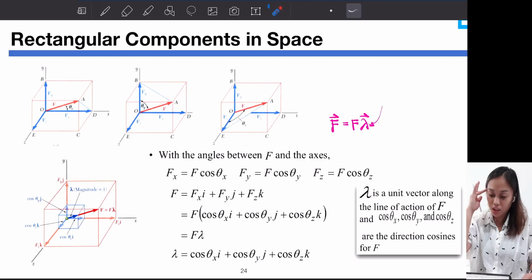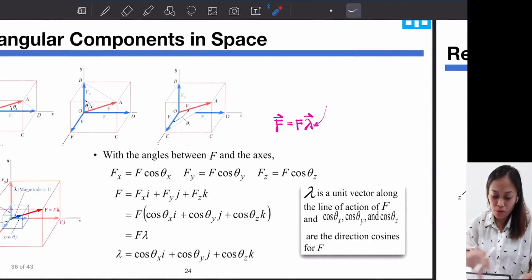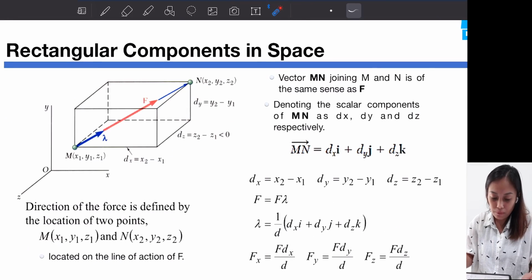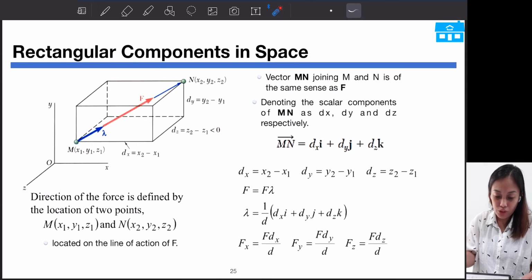So, first is lambda. Okay, so how do we solve this? Say for example, we are given a force F, and it is defined by